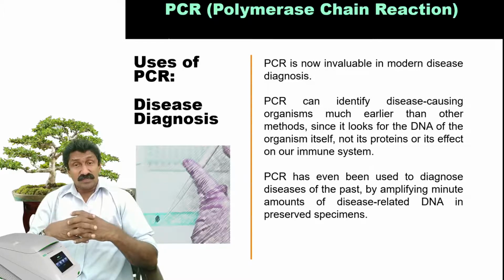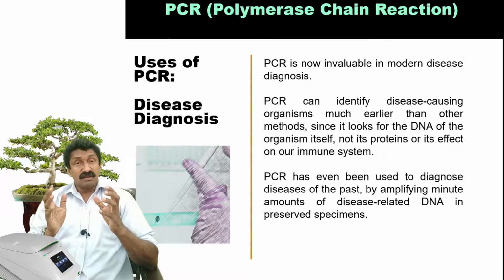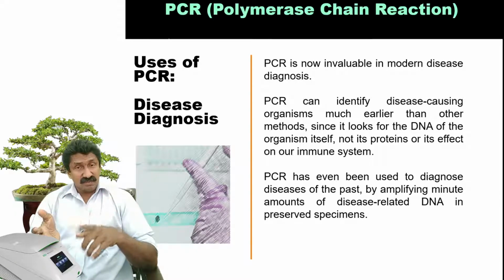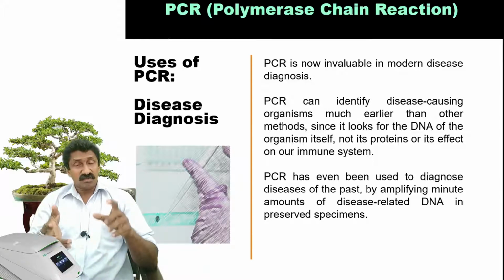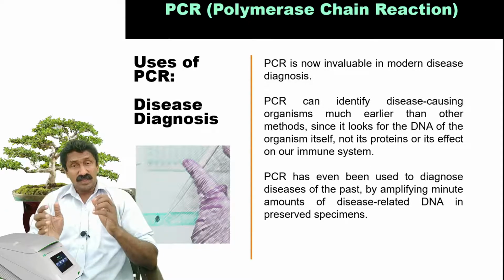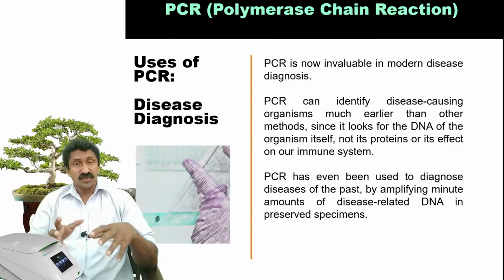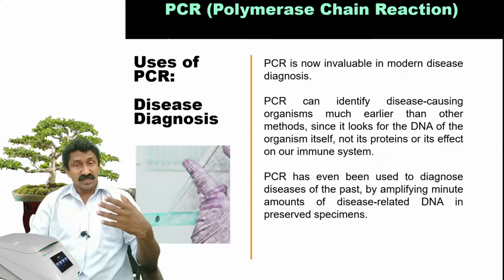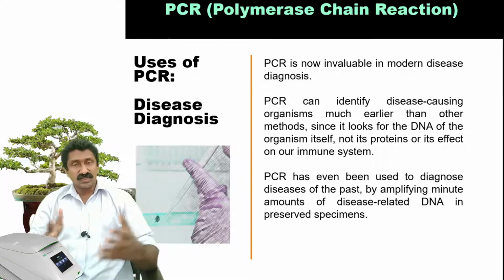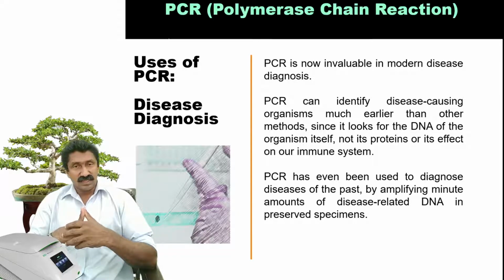Disease diagnosis. PCR is now invaluable in modern disease diagnosis. PCR can identify disease-causing organisms much more easily or much earlier than other methods, since it looks for the DNA of the organism itself, not its proteins or its effect on the immune system. Usually, diseases were diagnosed based on the symptoms or some other indirect detection using the presence of proteins, etc. So that is an